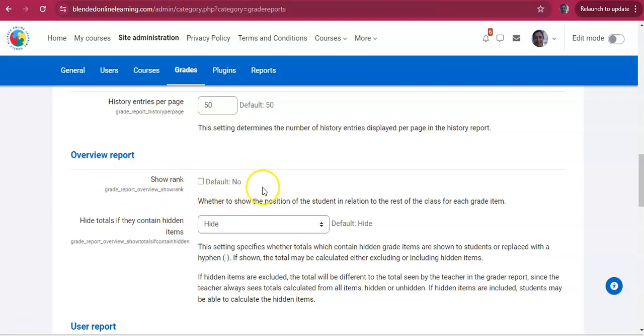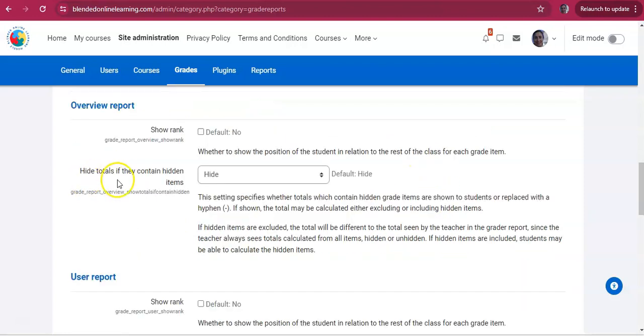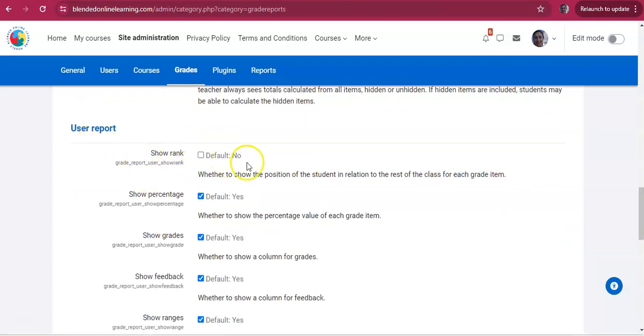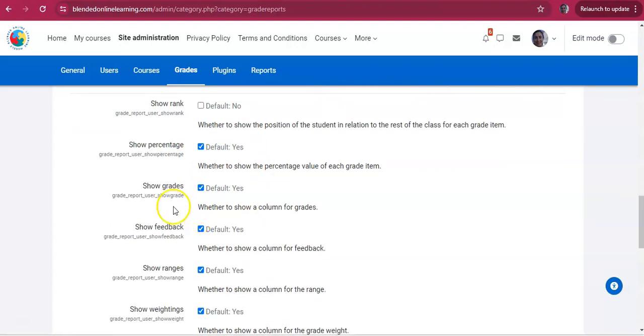Overview report, show rank. The default is no, because we don't want to show the position of the student in relation to the rest of the class. Hide totals if they contain hidden items. The default is hide, and the setting specifies whether totals which contain hidden grade items are shown to students or replaced with a hyphen. And then the user report: show rank no, show percentage yes, show grades yes, show feedback yes,